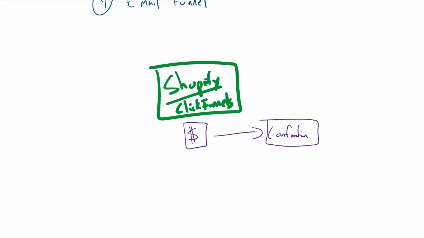So $1 out for ads, $3 back in. The whole purpose of this is to get that same dollar to be worth a lot more than 3. So maybe that $1 out is now worth 5 or 7 or 10 or 20 even. So that's what this is all about. It's about turning that first sale, that one customer, into many more sales or into someone that has a higher